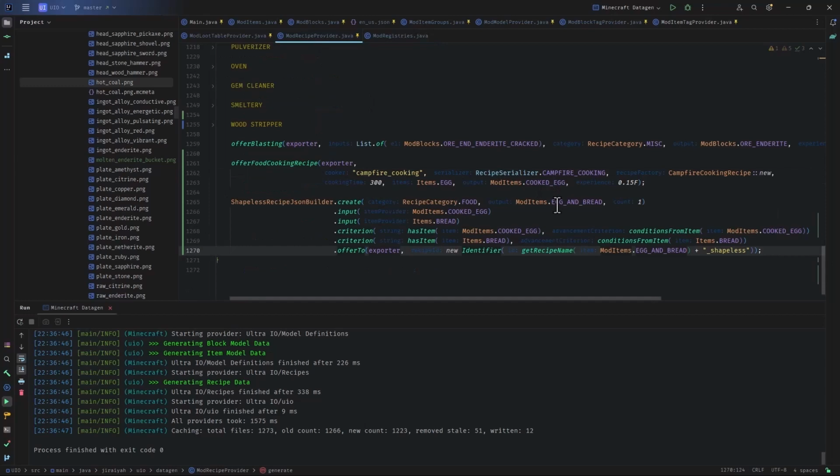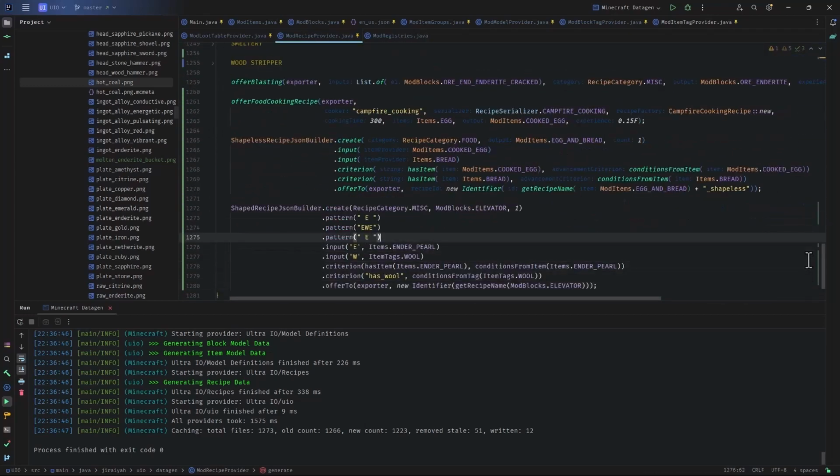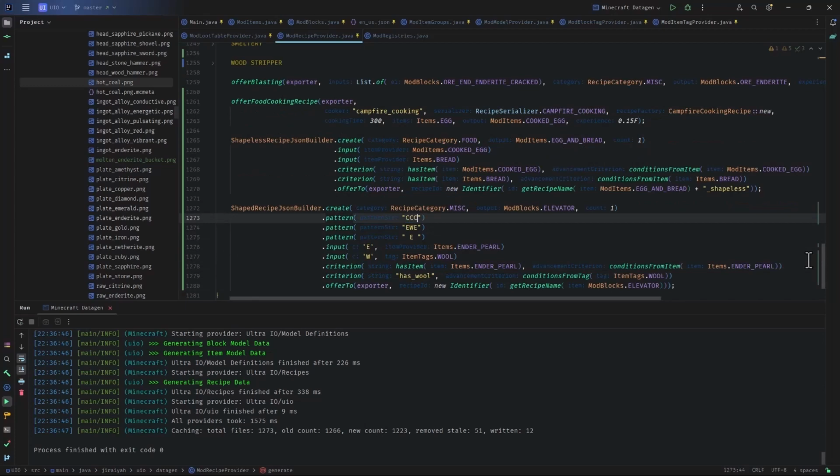Now the recipe for this guy, I totally forgot that one. For recipe, I would use a shaped recipe, and I will say that this is coal, and the center is a B. Now C is items dot coal, and B is again items dot lava bucket. So basically surrounding one lava bucket with 8 coals give us 8 hot coal,